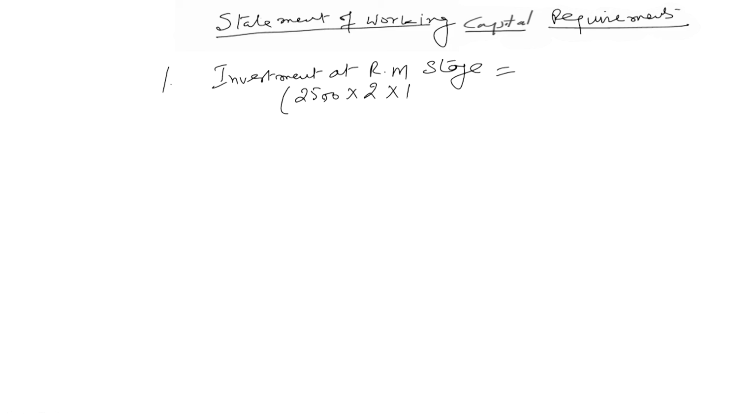And what is the cost of 1 unit of raw material? That is 100. So this is going to be the cost of raw material, and here the cost of raw material is rupees 5 lakh. Now the second stage is investment